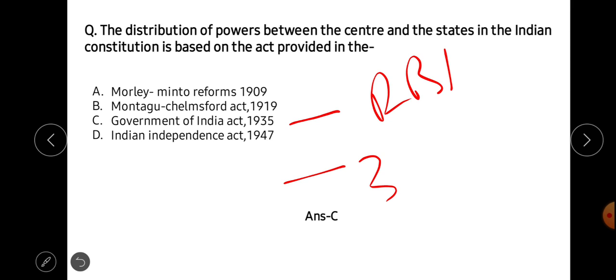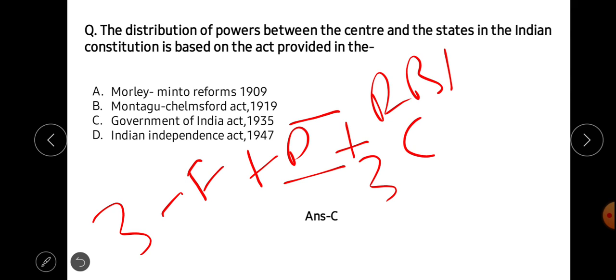At present, we know them as union list, state list, and the concurrent list. When the Government of India Act 1935 was introduced, the Britishers introduced three lists: federal list, provincial list, and the concurrent list. At present, the federal list is known as union list, provincial list is known as state list, and concurrent list